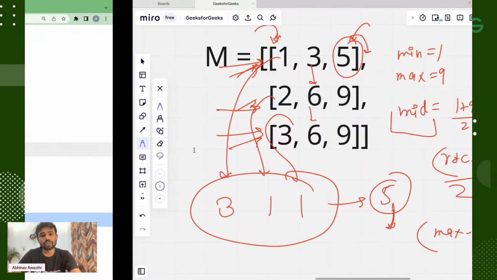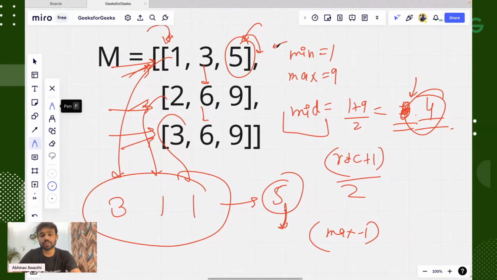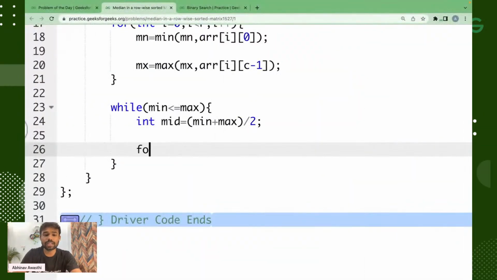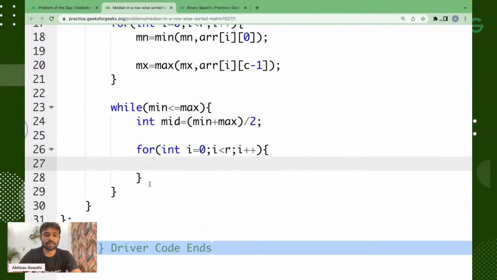Yeah. Then for this number mid, we will find its upper bound for each and every value. Okay. For each and every row, sorry. So what I will do, I will simply take a row. I will make it like this. For each and every row, I will find its upper bound. So let's say we will simply use the upper bound function,